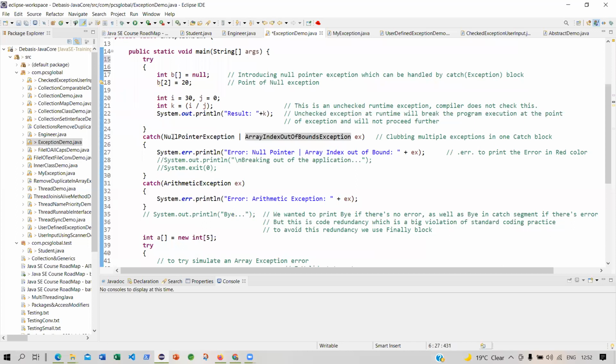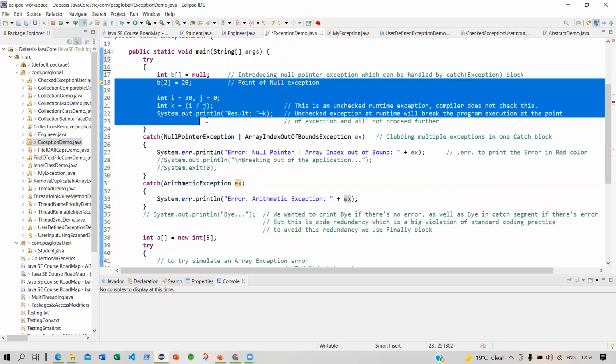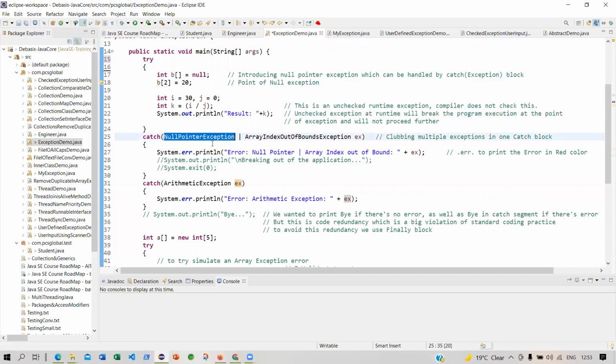So I have done this multiple exception, and also I have a particular exception called arithmetic exception. I'm using EX again. So in this entire try block, I am trying to catch null pointer exception, array index bound exception, and arithmetic exception through the catch block.